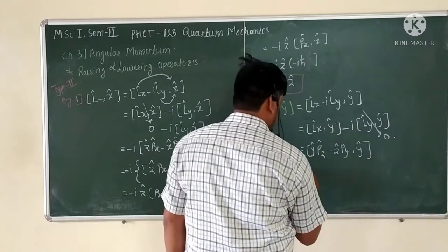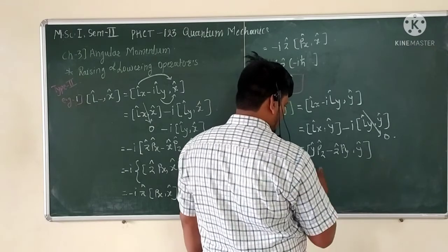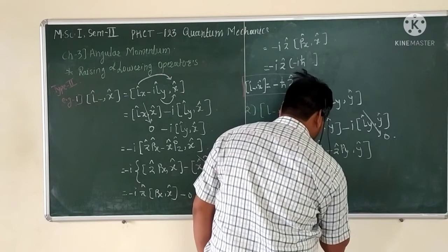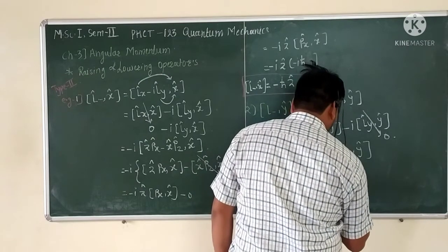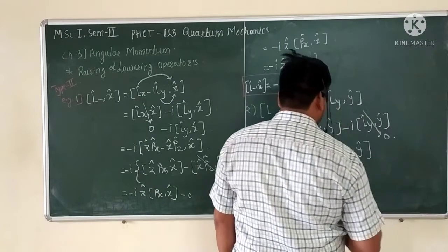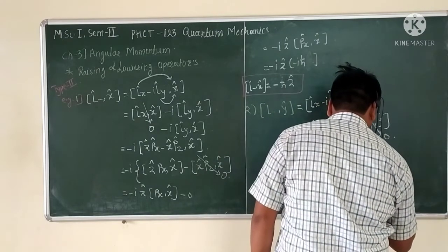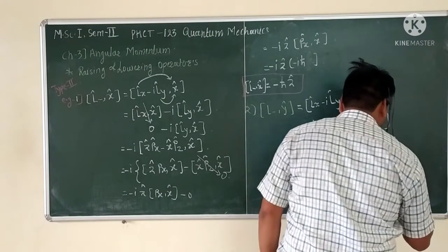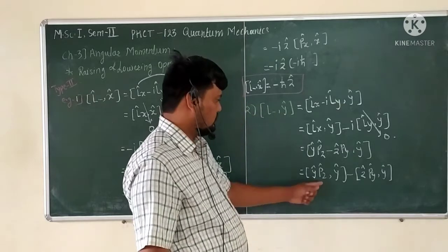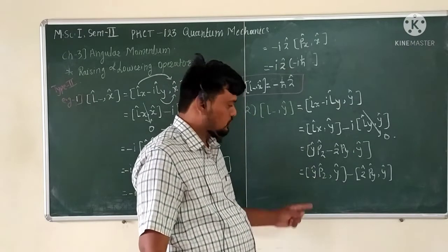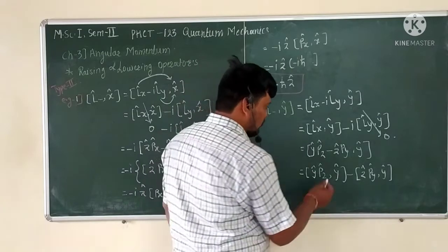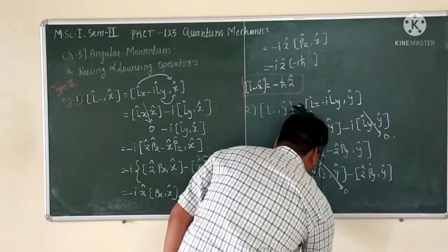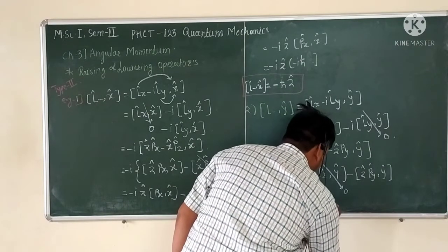Okay, and this is nothing but, if you solve this commutator bracket, the y cap of pz, comma y cap, minus z cap of py, comma y cap. Okay, again you know that pz cap comma y cap is also 0, so that this commutator bracket result is 0, and remaining here, minus z cap in bracket,